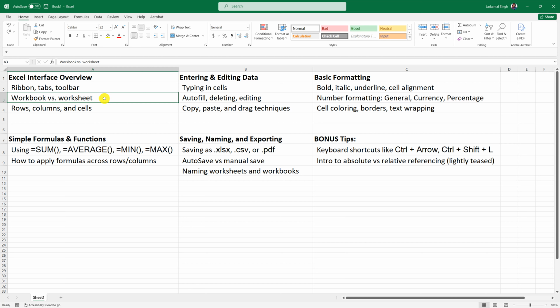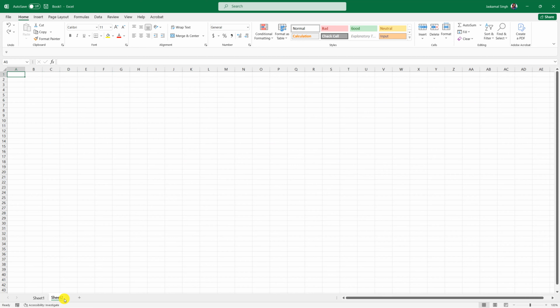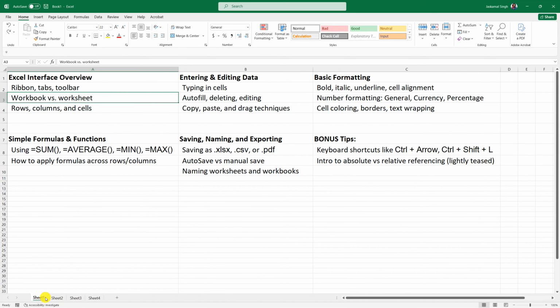Once you open a workbook, you have an option to create multiple sheets here like this. At the bottom, you have Sheet 1, 2, 3, 4. Each sheet is a worksheet. Sheet 1 is a separate worksheet, Sheet 2 is a separate one, and the combination of all these worksheets is called a workbook. As for the rows, columns, and the cells,